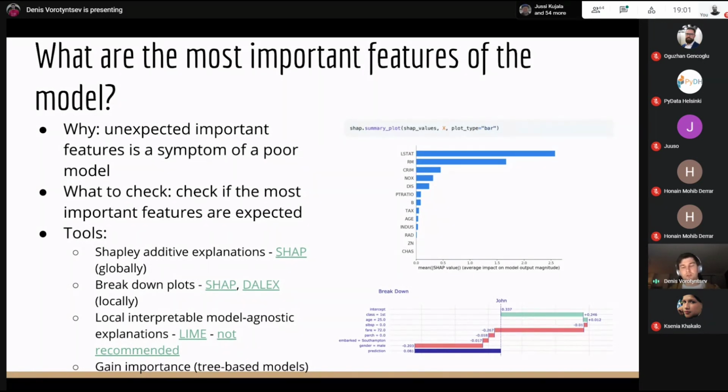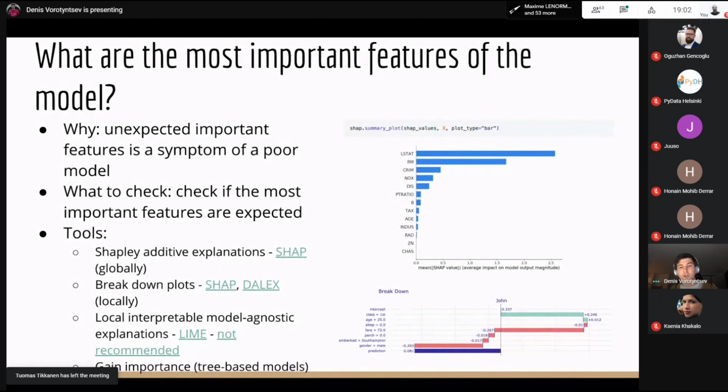Also, you may find a very interesting library called Dalex. This library could provide you pretty pictures. One of them is presented on the bottom right part of the slide. This library is actually calculating the very same output as SHAP, but it is presented in a better way. In SHAP, the output for each local interpretation is just logit. In Dalex, it's converted to probabilities, and I find this plot more beautiful than the one generated in SHAP.